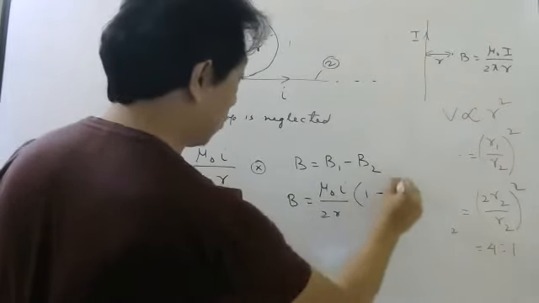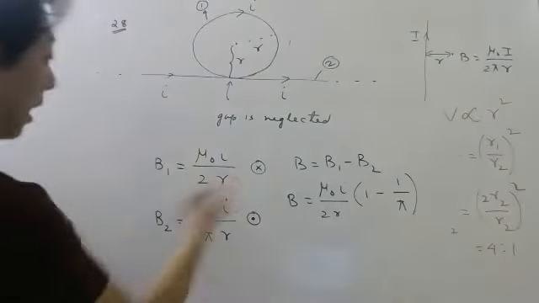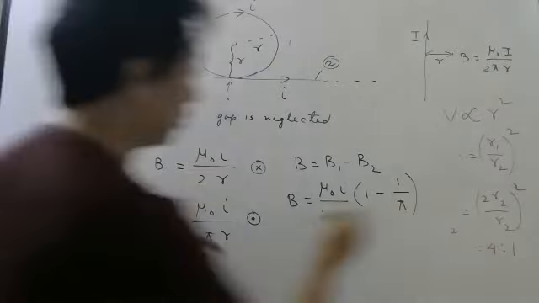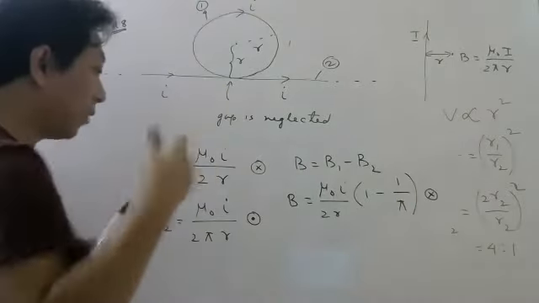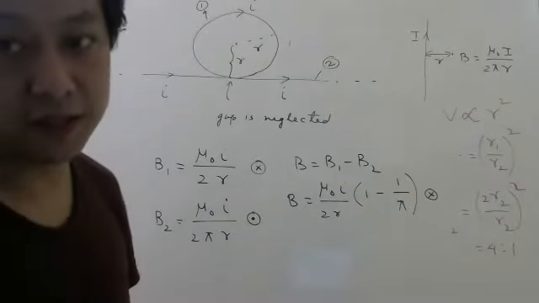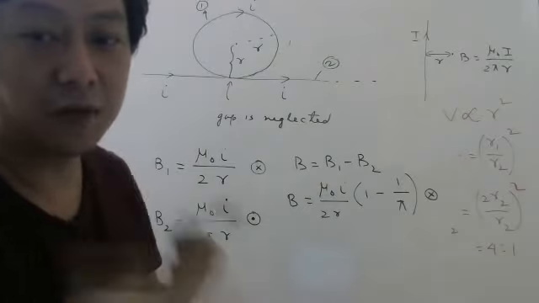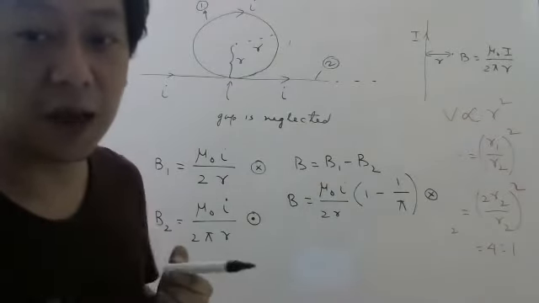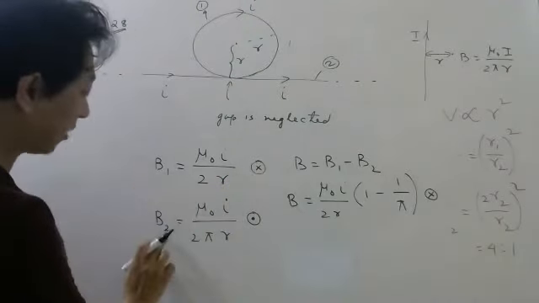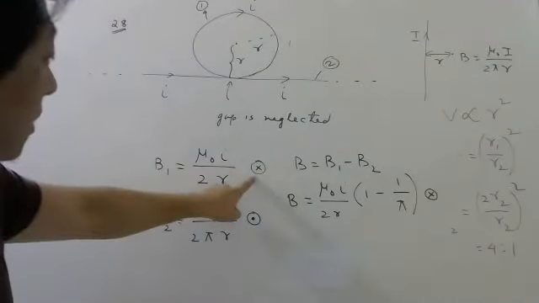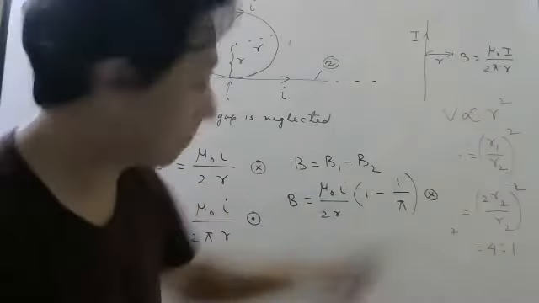Here 1, here 1 by pi. And since into is more, the total will be into. Because total magnetic field will be wherever the bigger magnetic field is. If I apply 10 Newton, you apply 6 Newton, the body will come towards me because I am applying bigger force. Similarly, this is bigger magnetic field than this one. So since this is bigger, the total will be along wherever is the bigger magnetic field.